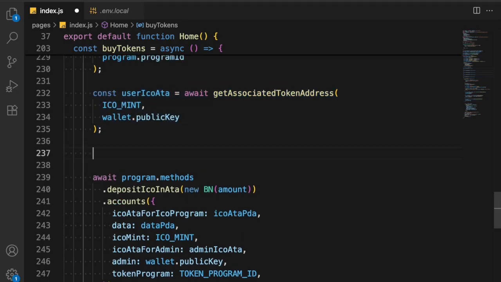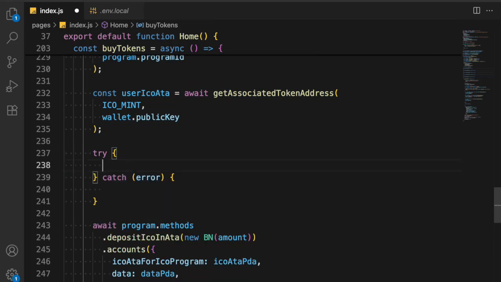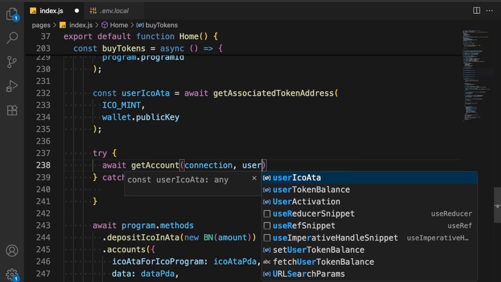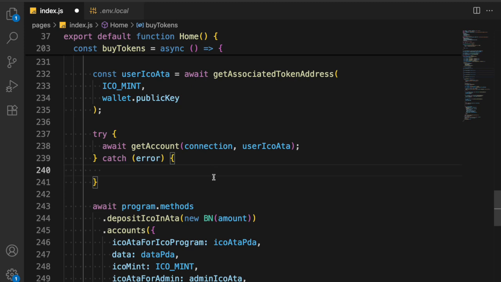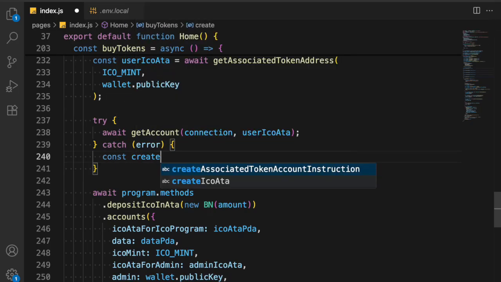We can come back here, we'll take this try and catch, and we'll say await getAccount, in which we can pass the connection and the user details. So this will give us the information whether the user already has the token or not. If not, then we're going to simply go with the next stage. There we can simply pass and create the